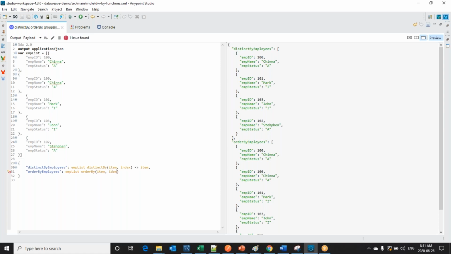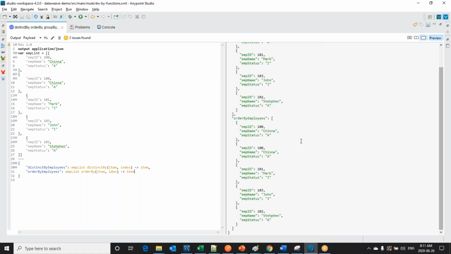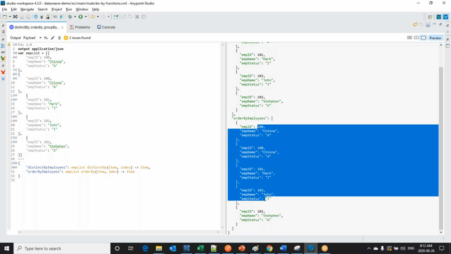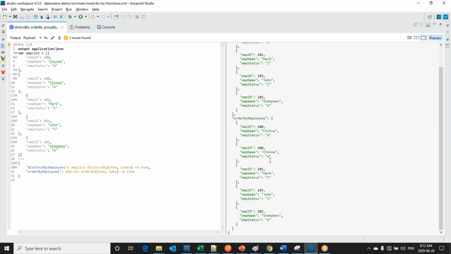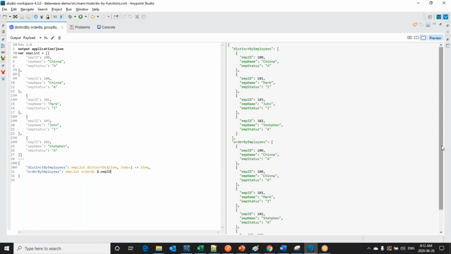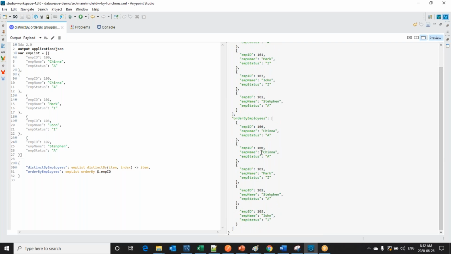Item, index, then item. Now we can see the order by of employees didn't come as expected. It's supposed to come 100, 101, but we didn't tell on which field it should order, right? So we should write it at field level. Simply I can write $.emp id. Now we can see the order by employees came in order 100, 100, 101, 102, 103.